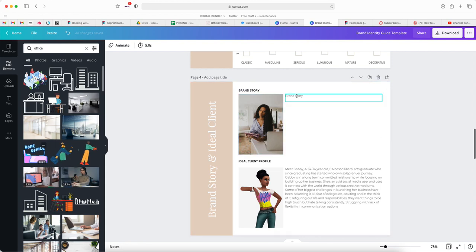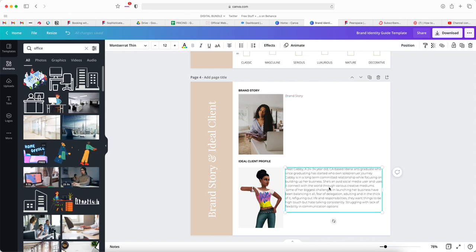From here, you'll type out your brand story. You'll just click here, finish typing, and you want to tell your brand story similar to what we talked about. Same with your ideal client profile. You're going to put all that information that we came up with in your brand audit workbook. You're going to want to type that out into a paragraph, include that in here, and include,